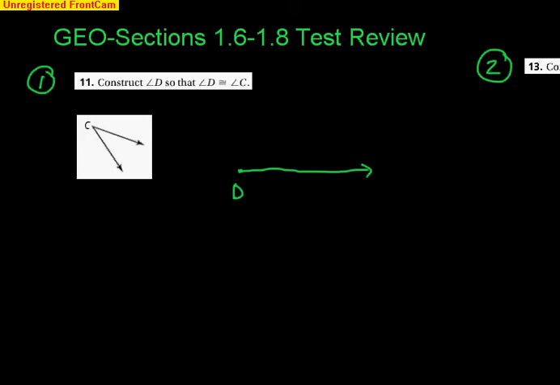Okay, now we come to our angle C here. We need to open our compass, and we need to create an arc in the angle, like so. Now, this arc must also be made at D. So I'm going to use orange. At D, it should be the same compass setting. We're going to make an arc. Okay, there we go. Notice I made it big enough because the other side of the angle has to go